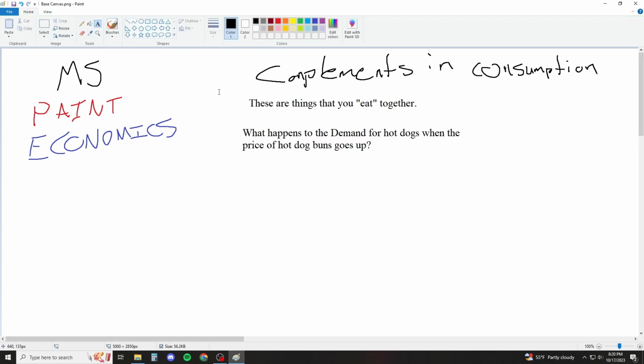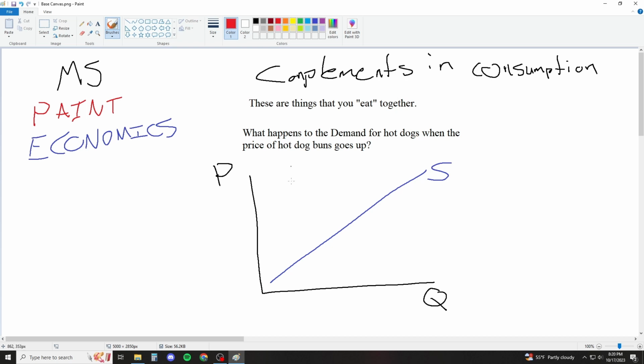All right, let's draw our standard graph. This is a Levi standard, a Levi normal graph. You're never going to find in a textbook, oh, this is the normal graph of econ. It doesn't happen, okay? I'm going to do my best to keep color coding. No promises that I'll keep the same colors video to video, just because I'm a creature of habit, and I assume I do it, but no promises. I might mix up the red and the blue every now and then. But we've got this. And what market is this? I want to do hot dogs. The price of hot dog buns goes up.